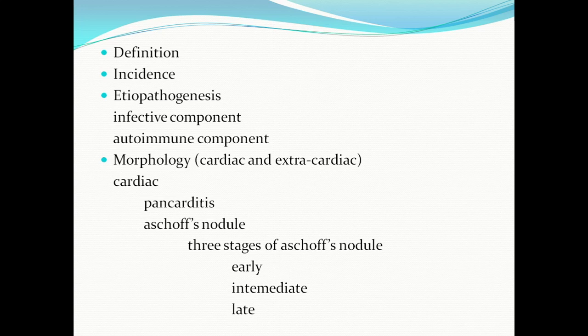The first is the definition. As you all know, it is a non-suppurative lesion, and it is multi-system, mainly affecting the heart, followed by skin, joints, CNS, and lung. Incidence, try to pick up the keywords: it is most commonly seen in children between 5 to 15 years of age, in the poor socioeconomic class, at 1 to 1.5 per thousand. In etiopathogenesis,